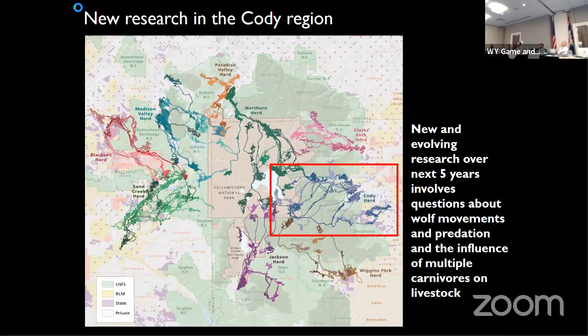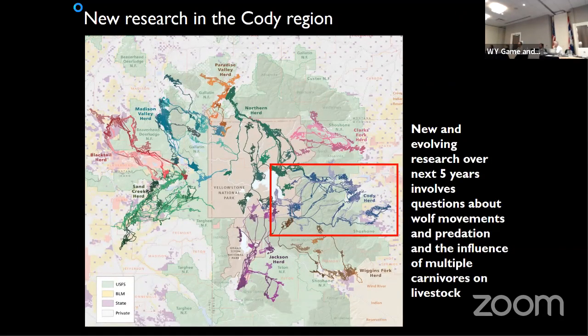Again, this is new and evolving work. It's going to play out over the course of 5 years, at least, I think. It's a more challenging system in the sense that we're going to get higher levels of removal of carnivores, especially wolves, and the challenges of maintaining collaring and so forth. So we sort of have to plan for a little bit more time to address some of these questions because of that and other reasons.